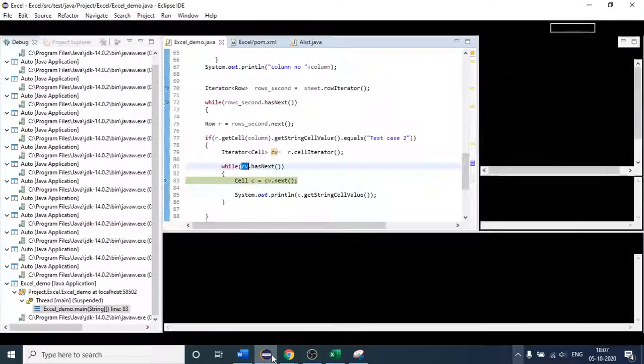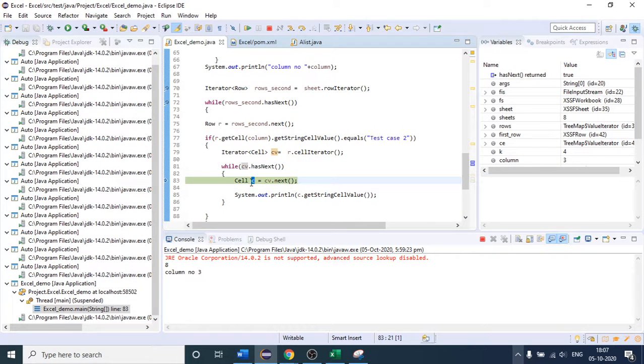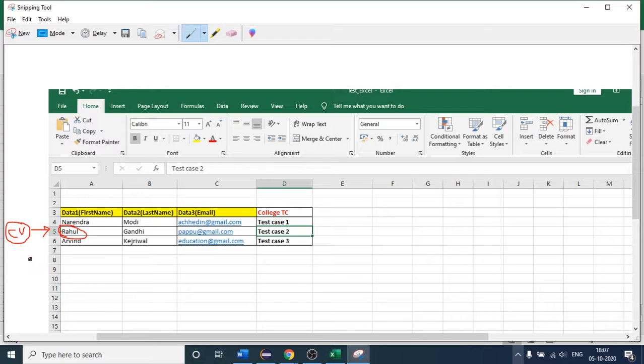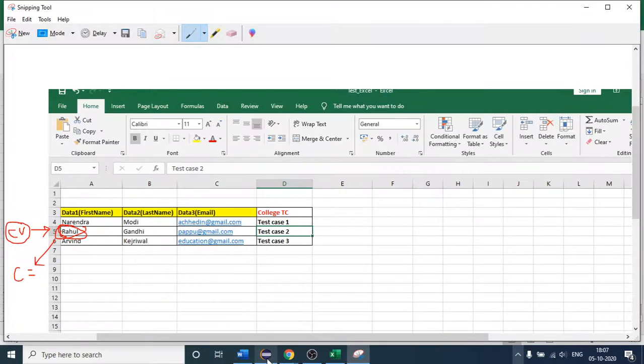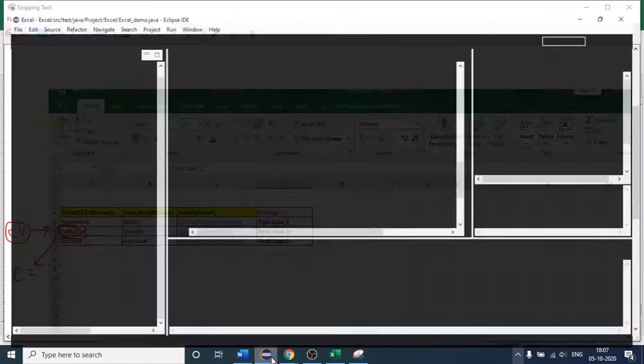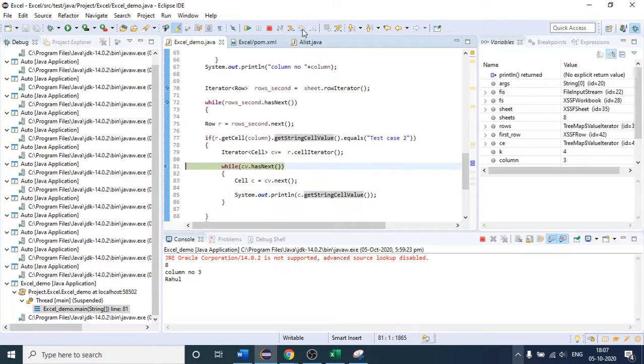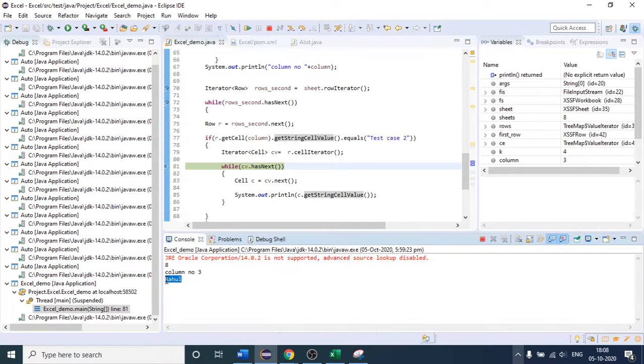And if it is pointing to this, I am just catching that in this variable c. So whatever value it gives, just place it in the c variable. So what will c contain? c will have the access of this cell. And if it has the access, I'm saying, let me write it again, whatever cell c has access to, fetch the value. So what is the value? It will fetch Rahul. If I execute it again, you will see that Rahul is printed. So this is how the first one is printed.